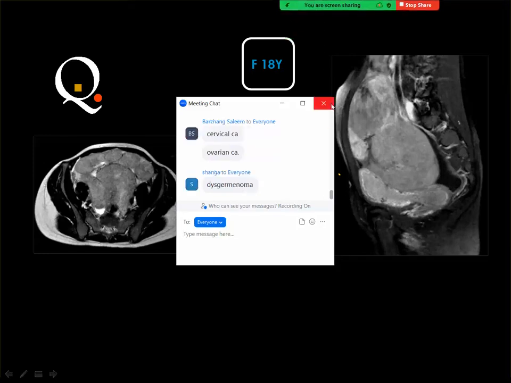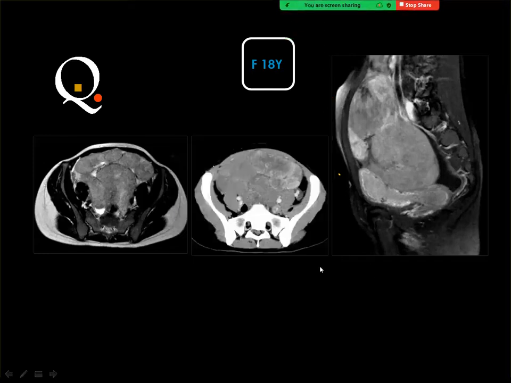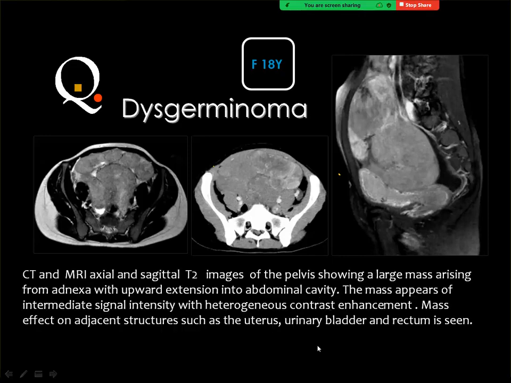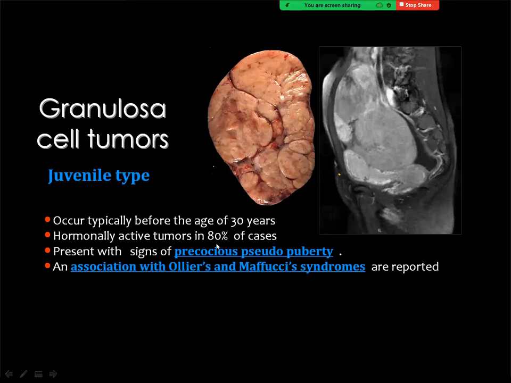And yes, this is dysgerminoma. This appearance, in my opinion, is considered a spot diagnosis. If you have a big mass in the pelvis in a relatively young age, and you think of an ovarian endometrium, an ovarian dysgerminoma, particularly if you have enough sections to see that the uterus is not involved, then this is the ovarian dysgerminoma. And you know you have two types of dysgerminoma, in the ovarian type, the juvenile type